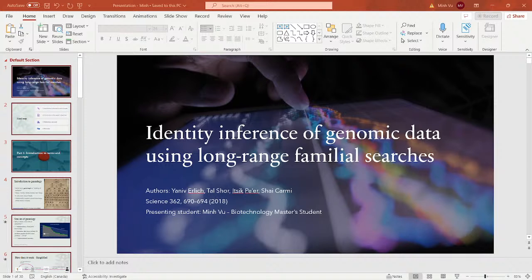And 15% of them would have 300 centimorgan or more of IBD, which would be second cousin or closer. If you are familiar with the Golden State Killer, they only needed to find a third cousin to identify him. So 60% of the people in the database already have a third cousin, which is very